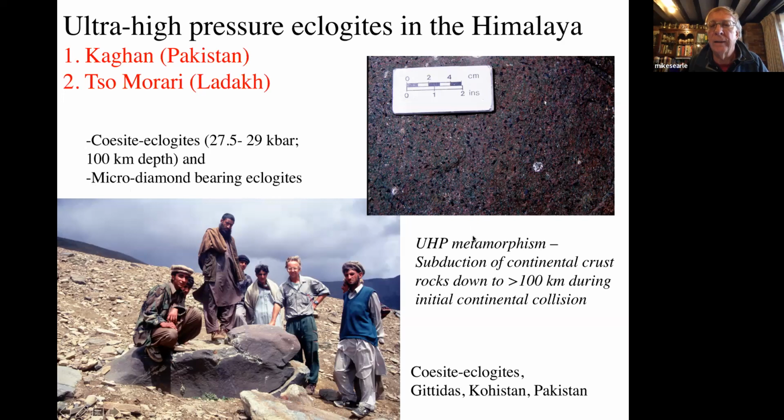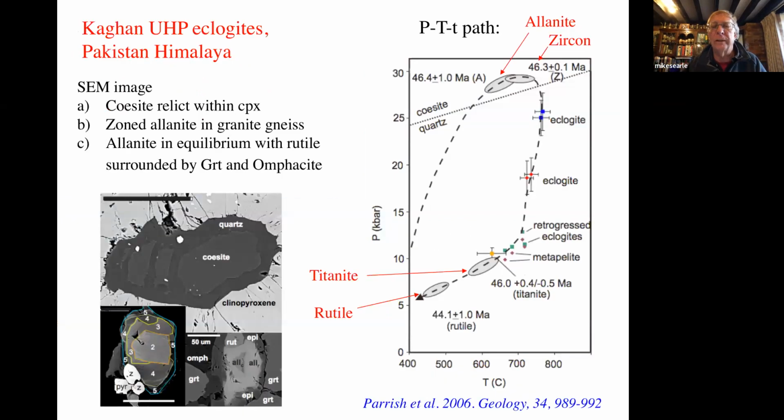So these rocks indicate ultra-high pressure metamorphism in the leading edge of the Indian plate, in rocks that were subducted to over 100 kilometers depth during the initial continental collision and then returned to the surface. So this is the famous coesite eclogite boulder in Kaghan, which is now pretty much impossible to get into. We managed to get in there for 3 or 4 years before all the political turmoil occurred across the border